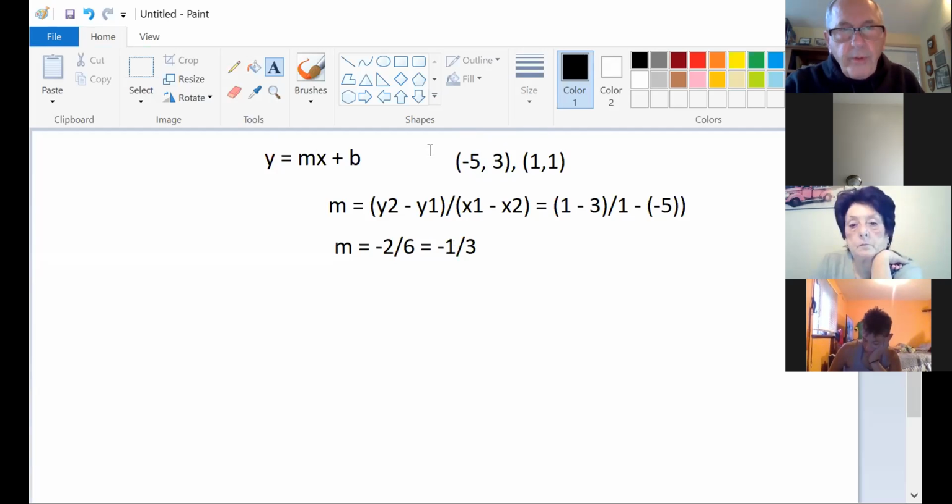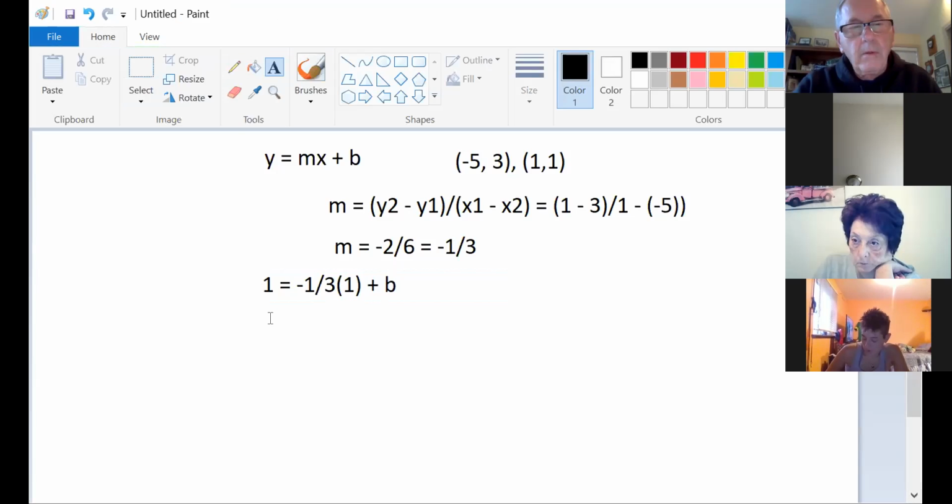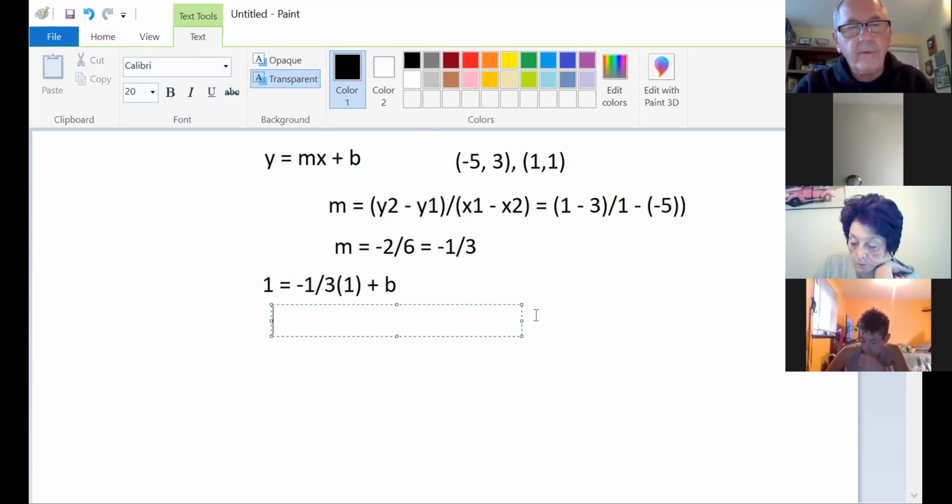Now I can take one of these points and solve for b. Okay, that's the next step. So now I'm going to use this point because it's easier to use 1 and a 1. So I'm going to say 1 is equal to the slope of -1/3, right? 1 over 3 times 1, because I'm using this point up here, plus b. Everybody with me at this point? Okay, so now it becomes 1 is equal to -1/3 plus b,